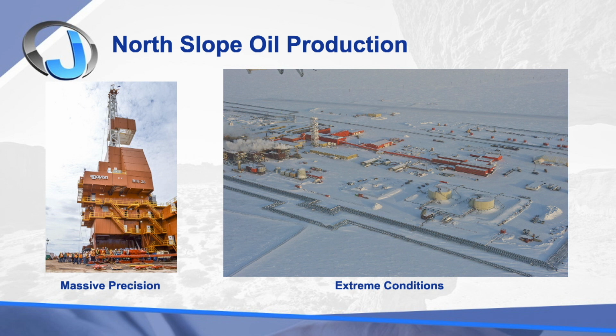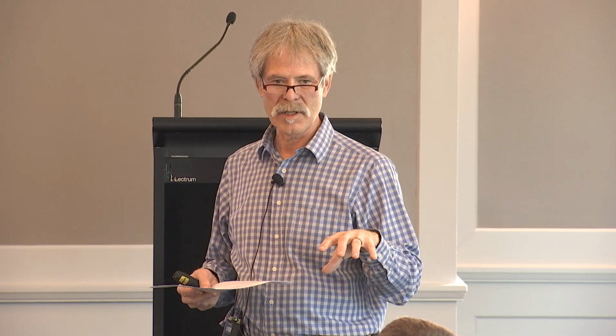North Slope, up in Alaska. That's why I came from Alaska. These folks are doing things on a scale that I had never seen before. Any oil folks in here? Okay, I'll just tell you. Good, a couple. So reservoir pressures in the 4,500 pound range, up to, in some cases, 8,000 pound. Never dealt with pressures like that before in my work. Thousands of miles of pipelines, huge drilling rigs. This one here